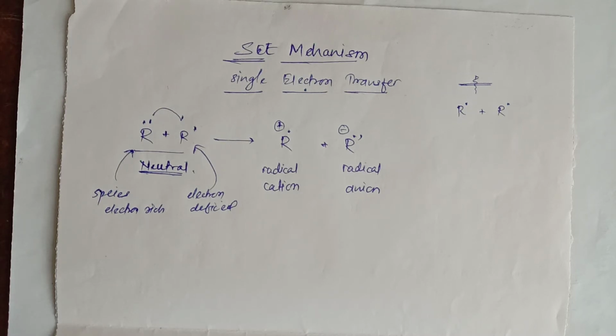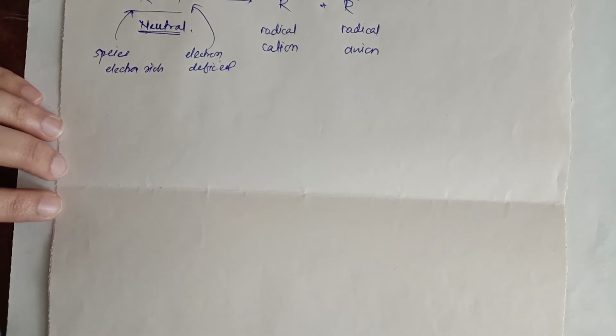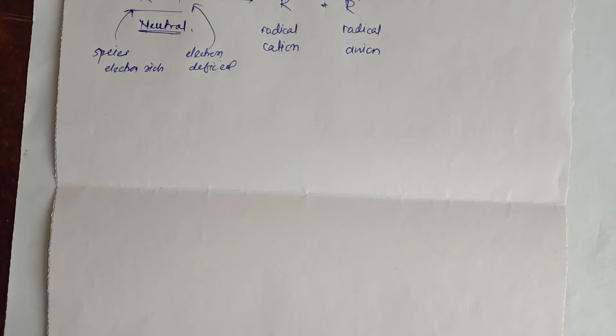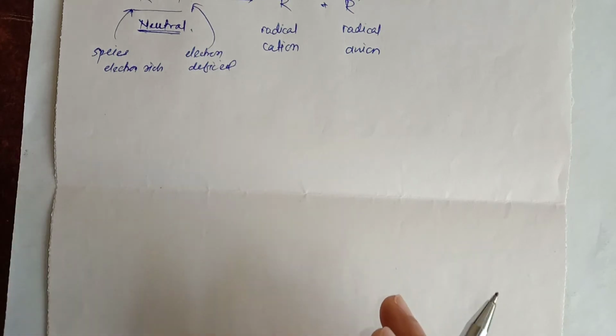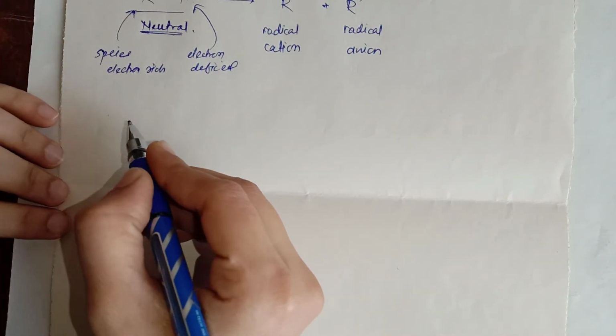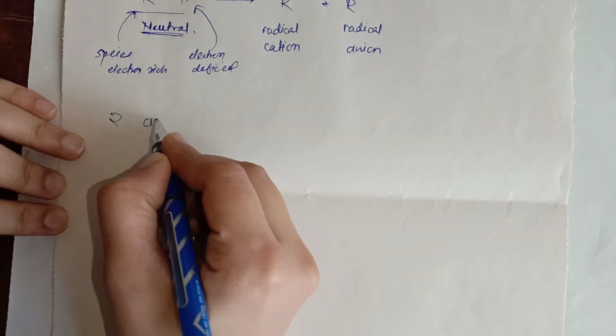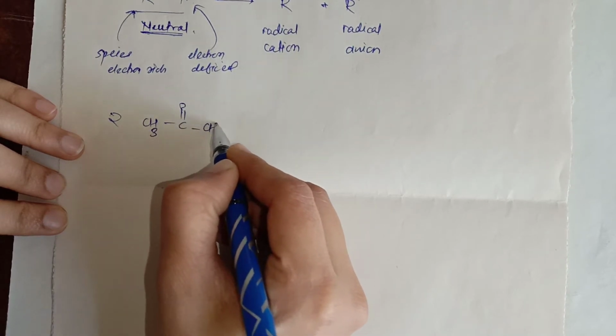For example, the acetylene condensation, let's see about that. One example is acetylene condensation. In the case of the SET mechanism, a single electron transfer results in radical formation, right? And after radical coupling followed by elimination, it results in dianion formation. Let's see one by one. Suppose we have this molecule, two molecules of CH3COOCH3.